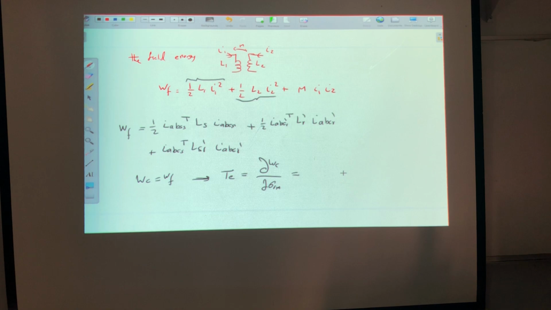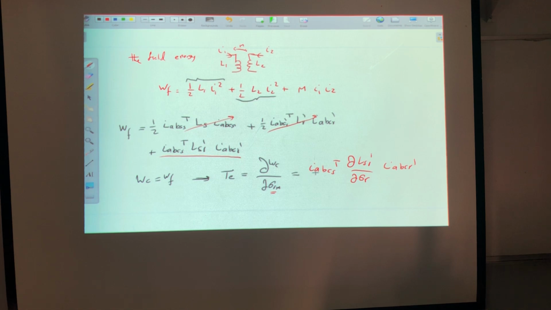Partial omega C. Now does this one contain any theta R inside it? No. So I don't need to differentiate this one. This one? No, no theta. So only I need to differentiate this one. Now I'm differentiating with respect to theta. So this will be the I ABCS transpose, partial LSR dash by partial theta R,